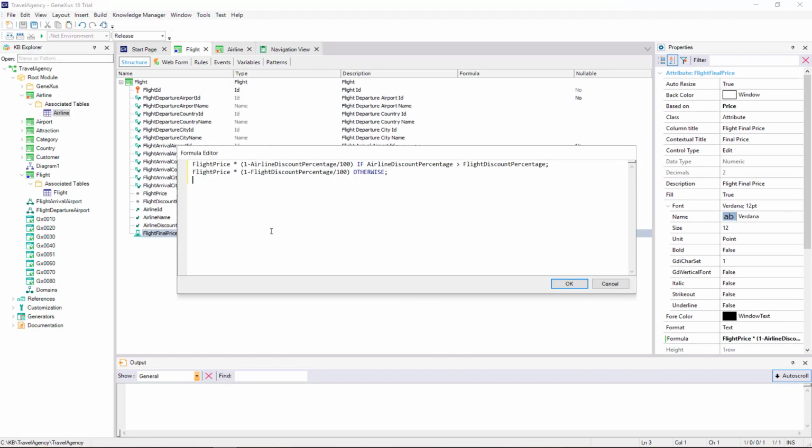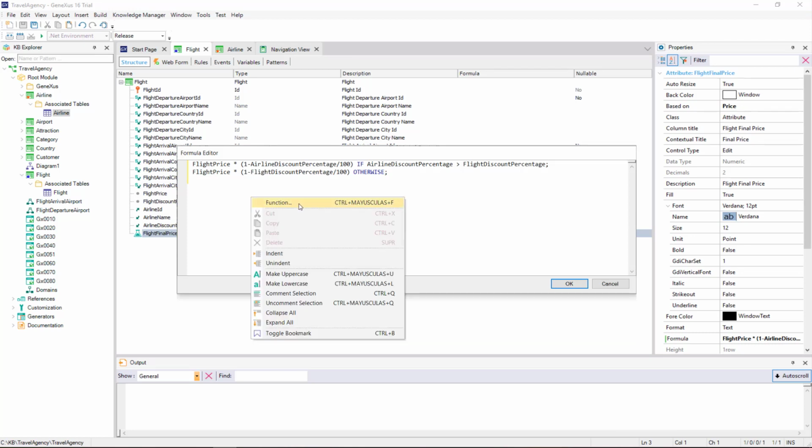Let's return to Genexus. As we've seen, formulas can contain several lines followed by if, and may contain a last line with otherwise in case none of the above conditions are met. In turn, even though in this example each result is obtained through a calculation, functions applied to attributes or expressions can also be used, such as round, to obtain a rounded result. Also, month can be used to obtain the month of a date, and so on. Even a user-defined procedure can be called to return a value.